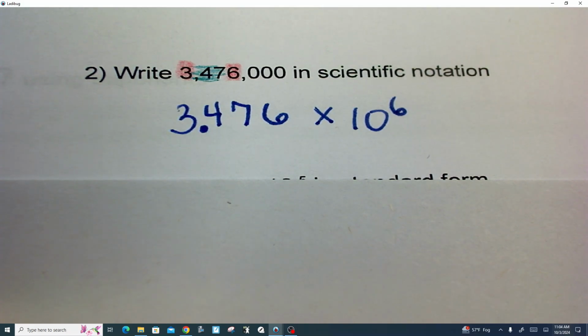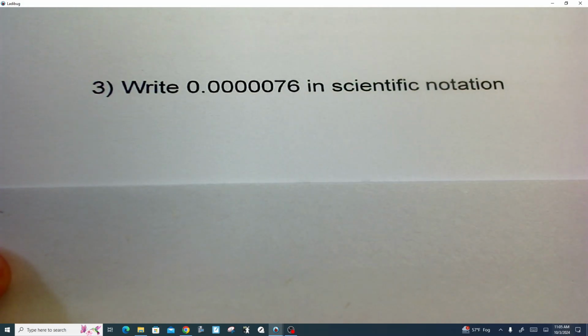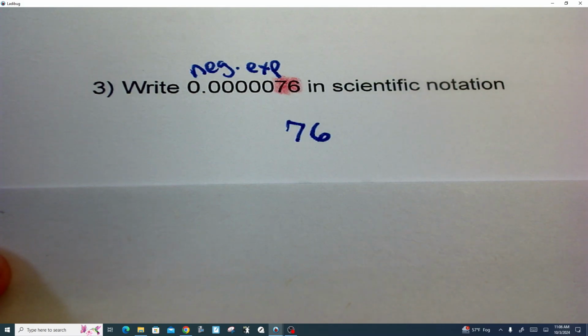Now, let's go look at the very last one for this example, the check question number 3. It's definitely smaller than 1, right? So we've got to use a negative exponent. You might want a quick little note there because it's less than 1, right? What's the first number not 0? And what's the last number that's not 0? Nothing's caught in between the 7 and the 6, and that's fine. And sometimes you only have one number that's not 0. That's fine. So just pull out the 76, put the decimal in the right spot,